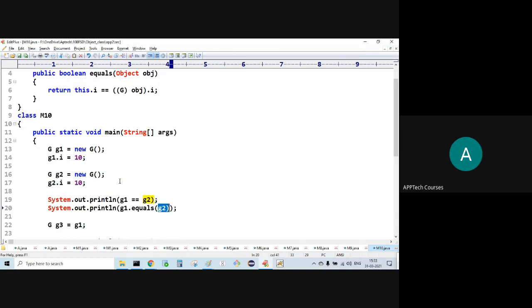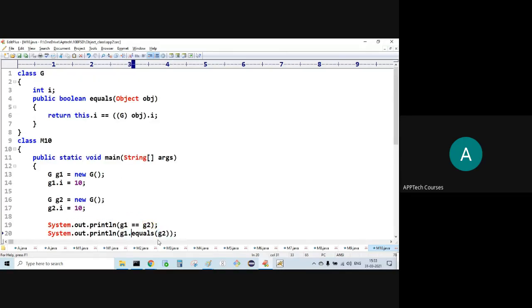G1 is the current object, also called this, and I'm supplying G2 as the argument. So obj is G2.